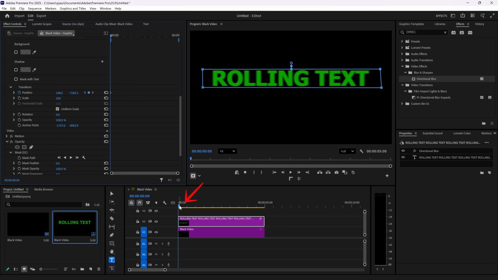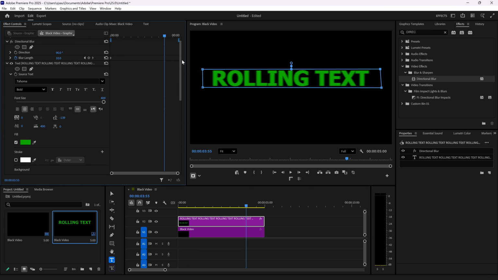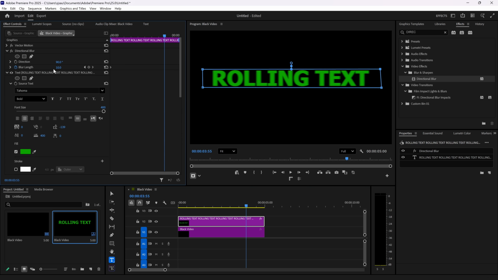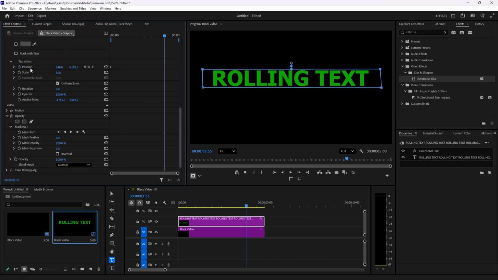Then take the playhead and move it out 4 seconds. 3-4 seconds should be okay. Then scroll back up. Now change blur length to 0. Scroll down. And then again under transform position, adjust this value again to find now the very first entry on this list. So we need to find the very first line of this text. So now adjust the values the other way around